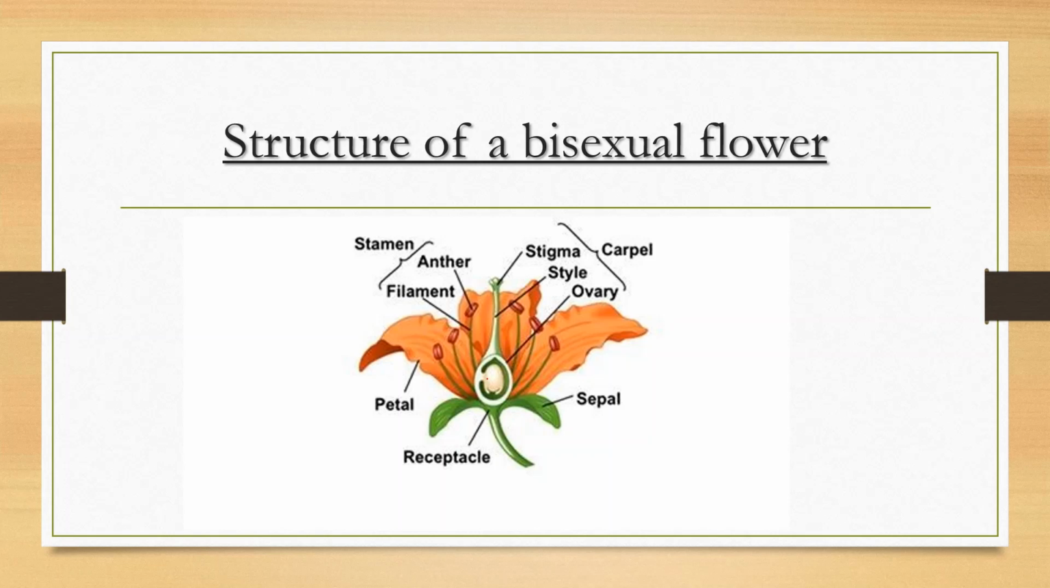There are 4 whorls present in this flower. First whorl, outermost whorl, consists of sepals which is called calyx. The second whorl towards the inner side consists of petals which is known as corolla, and the third whorl consists of stamens, and the innermost whorl is called gynoecium. Stamen is the male reproductive part and gynoecium is the female reproductive part. Let us study